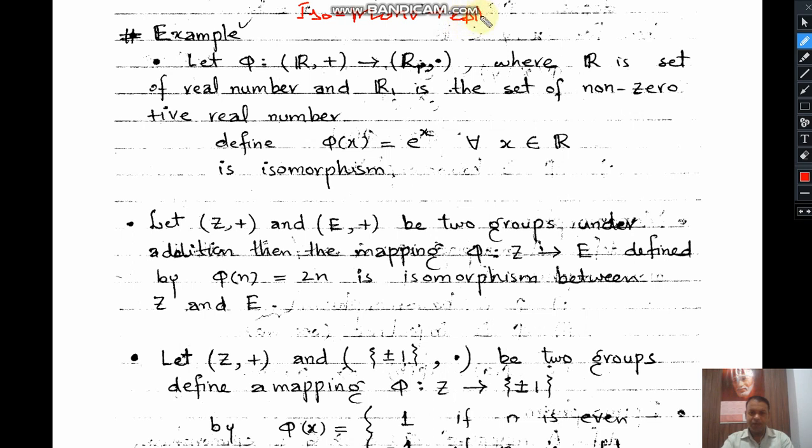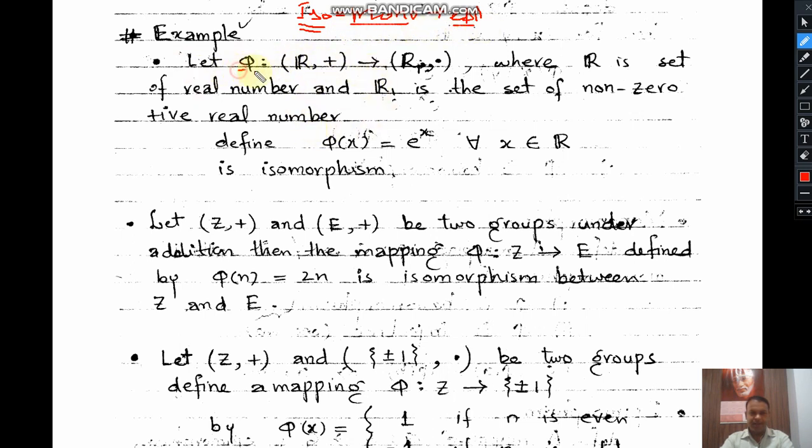So isomorphism is the combination of monomorphism plus epimorphism, in which we see one-to-one and onto mapping. And if the mapping is onto the same group from which we are taking the elements, then this mapping is called an endomorphism. So today we are going to discuss first some examples based on iso, mono and epimorphism, etc.